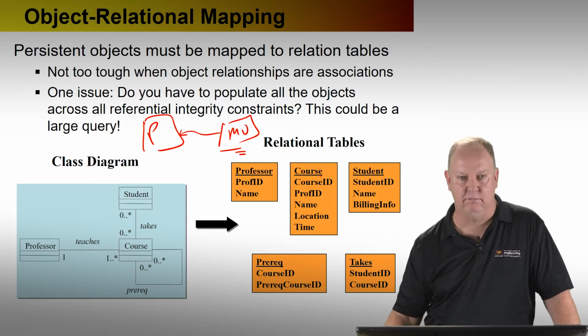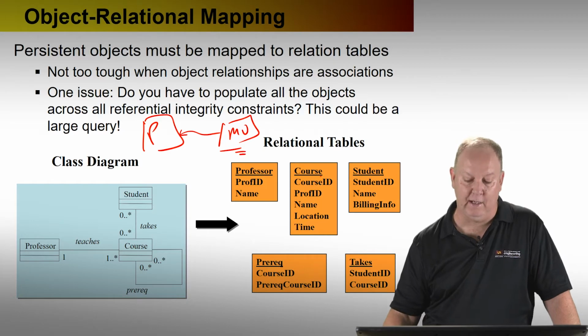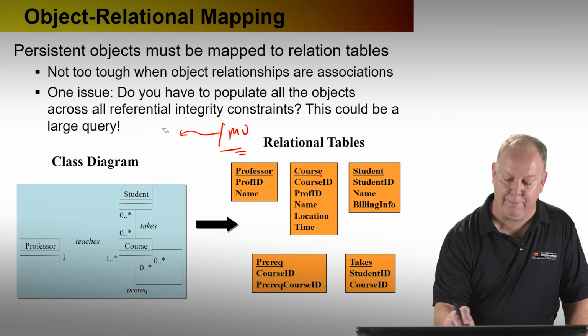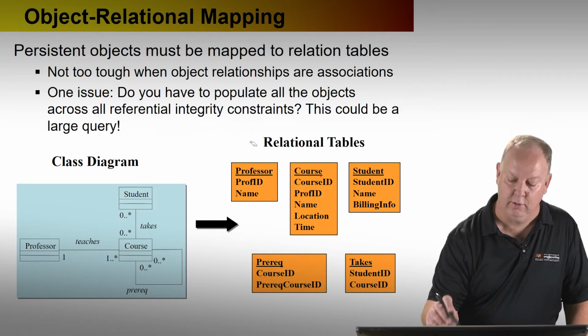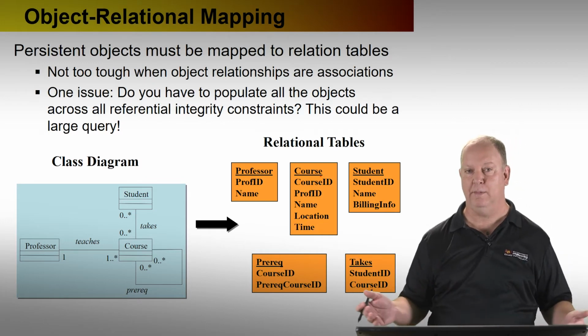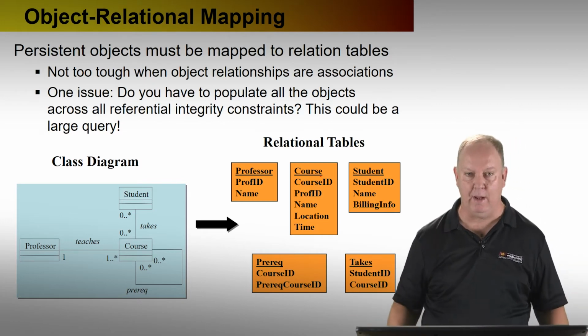Now in a class, that's just an array. But in a relational model, that violates first normal form, so we can't have that. So again, how do we do that conversion? How do we move back and forth? How do we map that object relationship to the relational array? Or if I start with a relational schema from a pre-existing database and I have to write code for it, how do I do the object model for it?